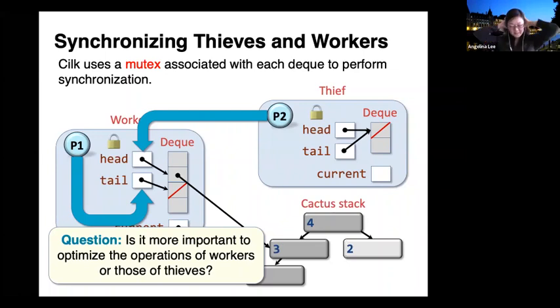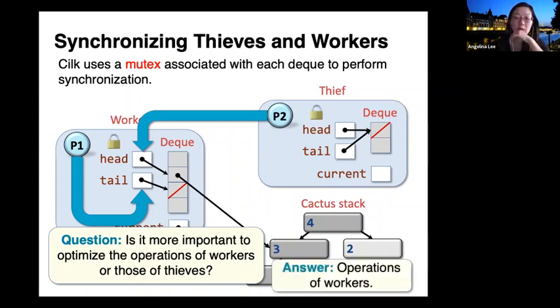As we said, as indicated by the work-first principle, we do want to optimize the ordinary serial execution path at the expense of putting additional overhead on the steal path. And so in this case, the worker is just doing useful work, and for the most part, its execution actually mirrors serial execution. If there's no thief, it would have just popped the thing off and resumed the spawn parent and continued execution. And so whenever there's coordination necessary between the worker and the thief, we do want to optimize for operation on the workers, okay?